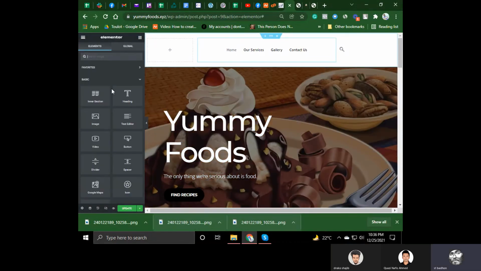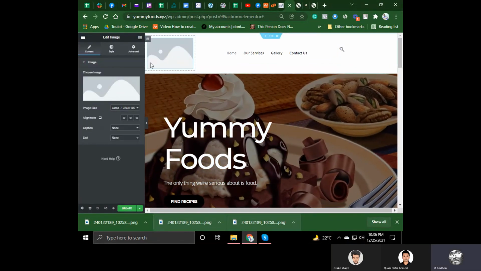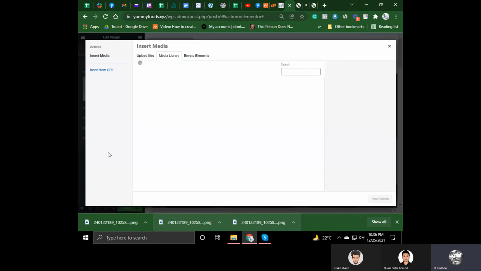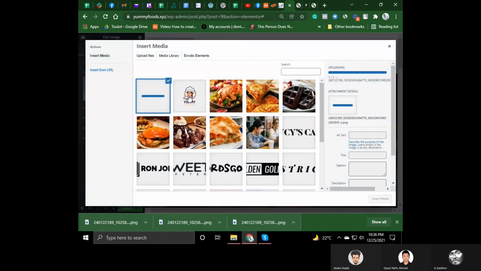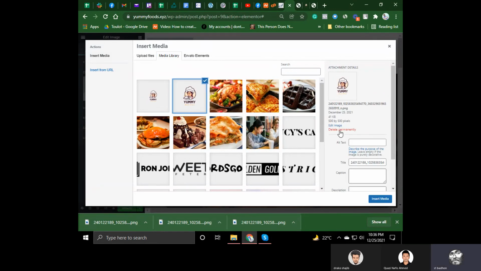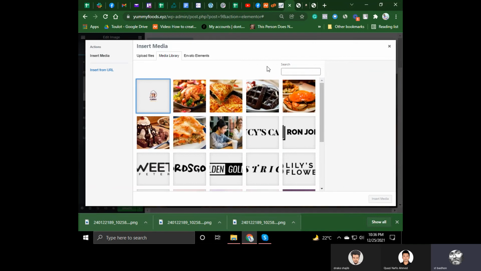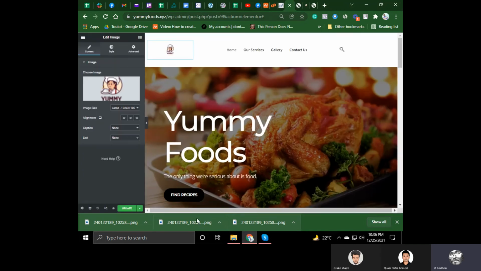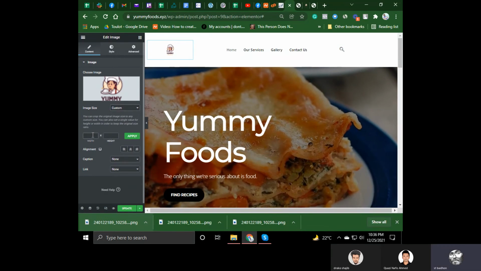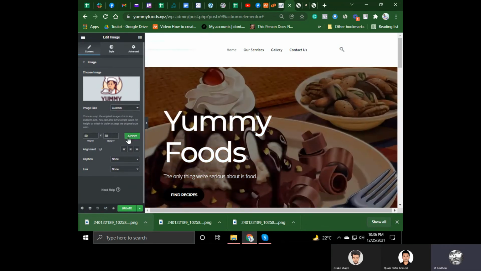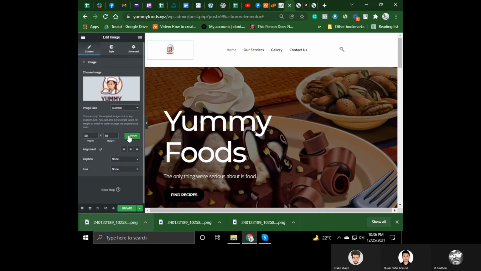click on the plus sign, drag and drop the image, click on the image here, and then drop it here. Now this image is not what we expected it to be, so I'm gonna delete it and select this one and put it 80 by 80 size. Okay,